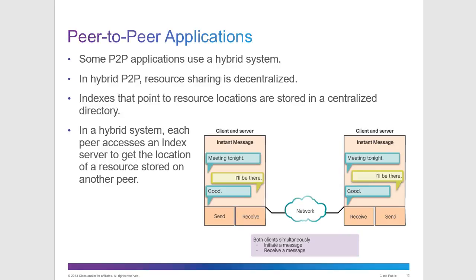We've got some hybrid peer-to-peer applications. There's just some type of server in the middle acting as an index to point you to where the information you're looking for is at. It contains an index that will point you towards where your information is located. You still have a peer-to-peer situation where both devices are acting as a client and a server, but there is somewhat of a server in the middle that's pointing you in the right direction for the information you're looking for. Okay, so instant messaging would be an example of that. On the next slide, we have